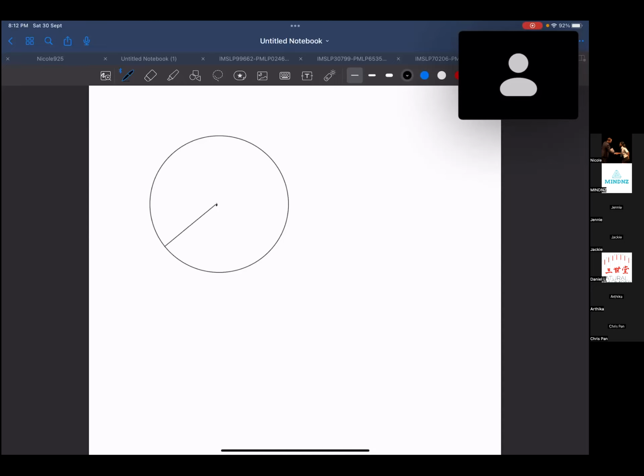So let's just draw this all out. We can pick a point on the circumference, and then I think it'd be good to label as well. We have center O here. So what we want to do is draw these two lines to make it quite clear that we now have